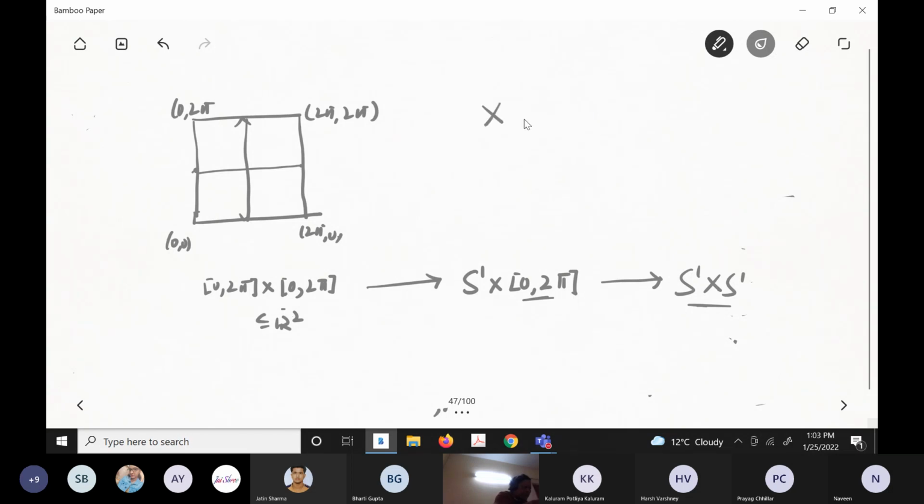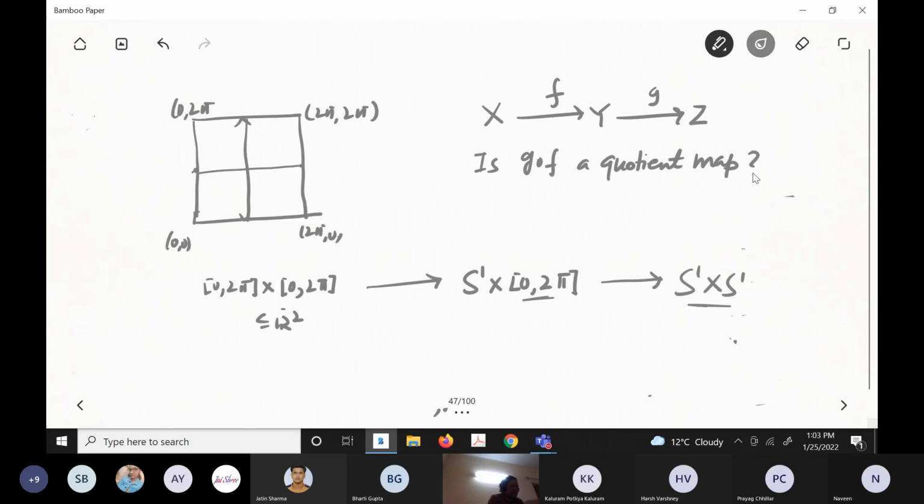Suppose you have this. Just think about it. Suppose this is a quotient map, and this is a quotient map, whether this is a quotient map or not. Okay. So this is a quotient space of this. This is a quotient space of this. Actually, this could go straight. This is called Todas. Up to this much, life is very nice.